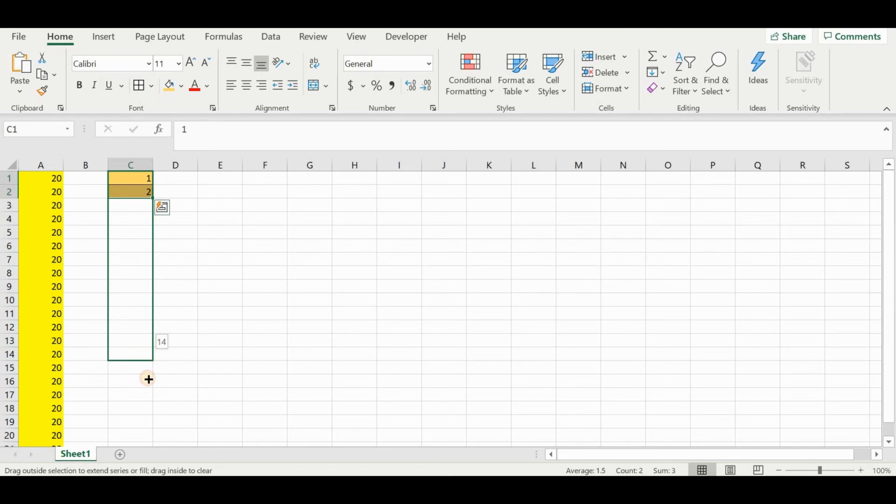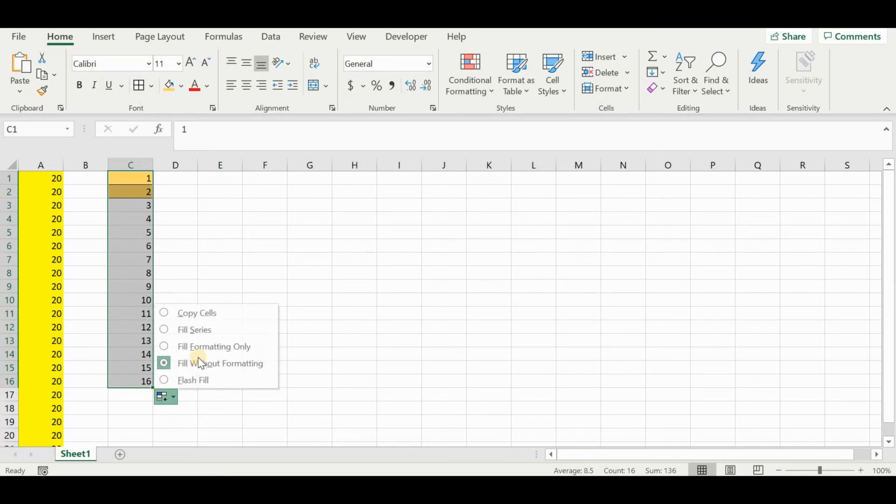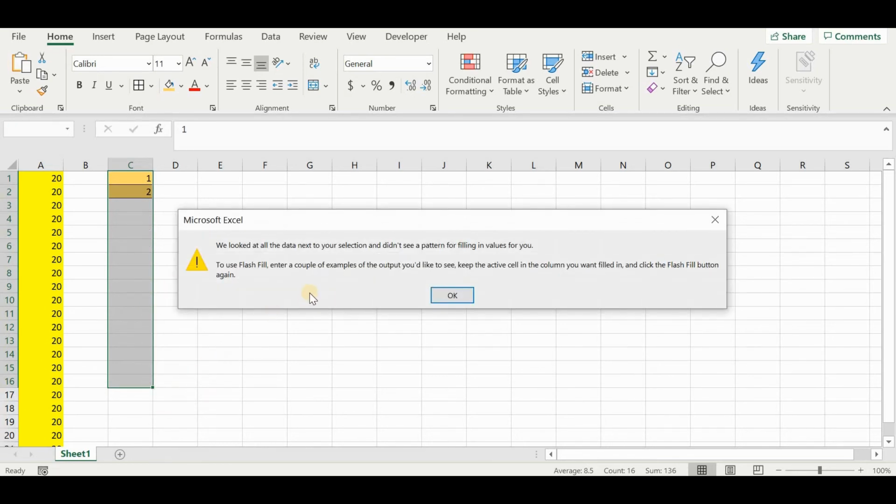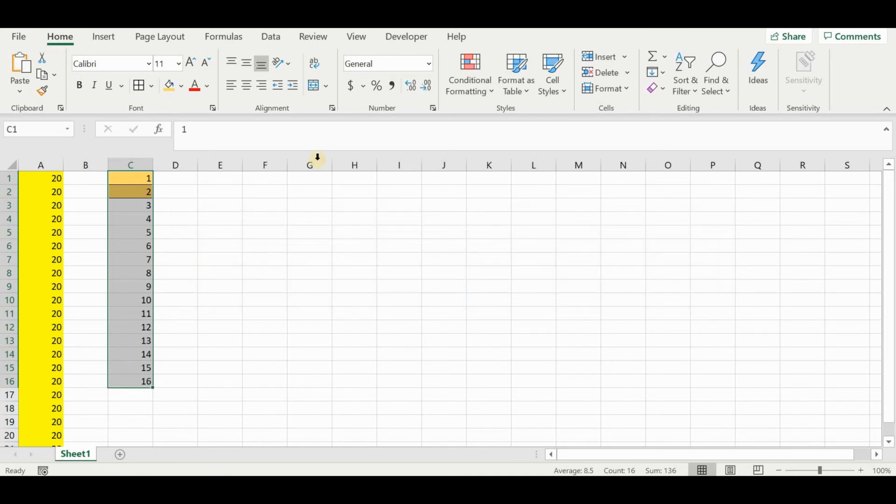So if you see, because I've written 1 2, Excel understands that I am incrementing by 1. Okay, so copy cells would be 1 2 1 2 1 2. The same pattern is followed. Fill series, it adds 1 like we saw earlier. Fill formatting only would do this. Fill without formatting would copy and drag the series without the color. Okay, flash fill, if you see, it is not valid here. We'll see this later. Now let me show you another pattern. Suppose if I write 1 here and I write say 8 here. Okay, now you select these two cells and again come here and just see what happens.